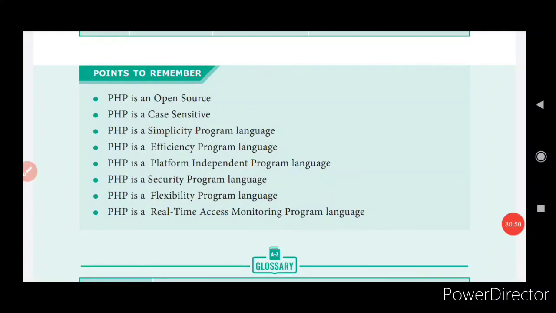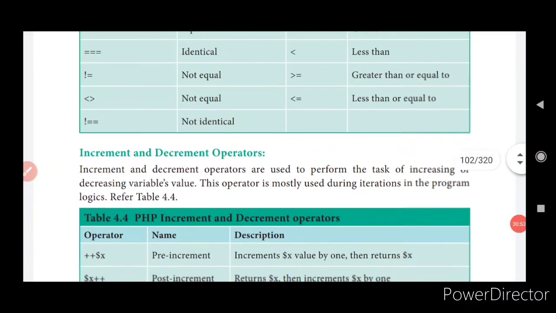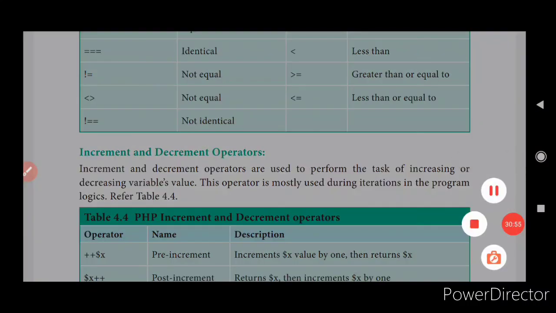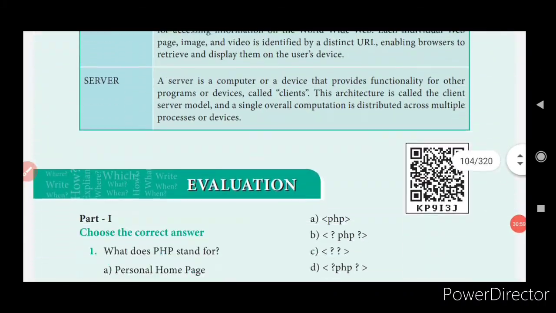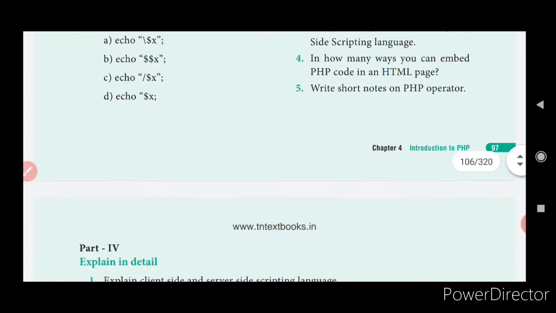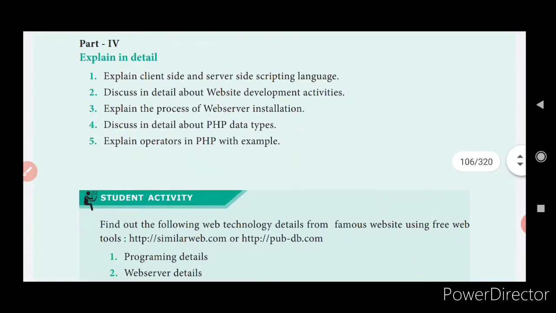Yes, children, this chapter is just getting over. Your fourth lesson is over. So what you people are going to do is write the 2 marks, 3 marks and 5 marks together in your classwork notebook, and you have to submit it on Wednesday without fail. Is that clear, children? Thank you.